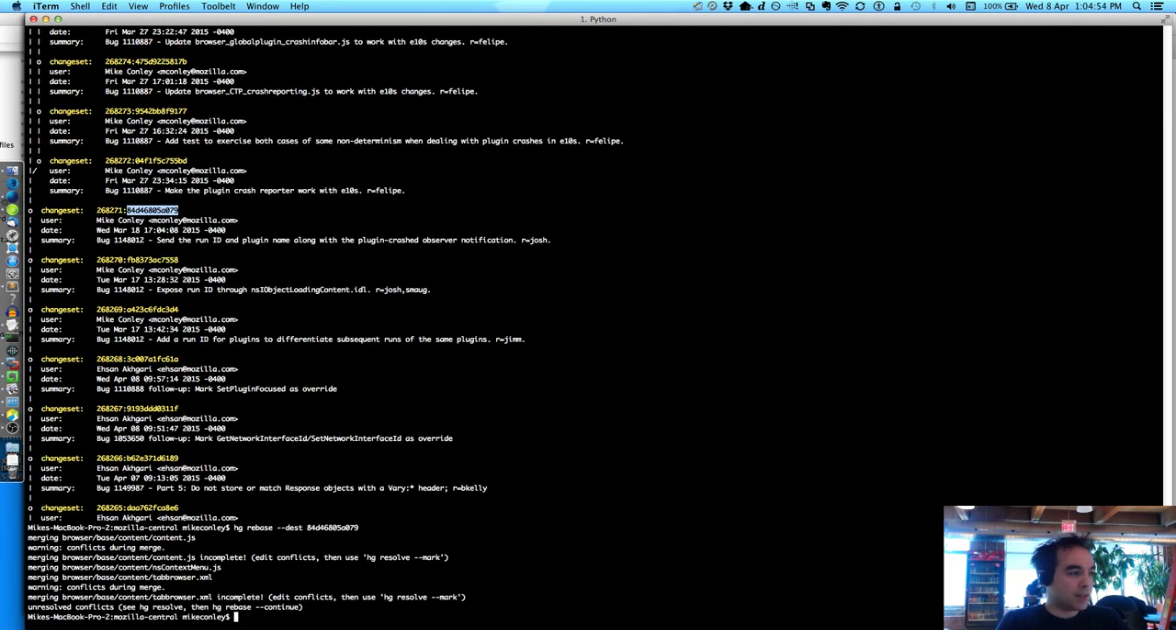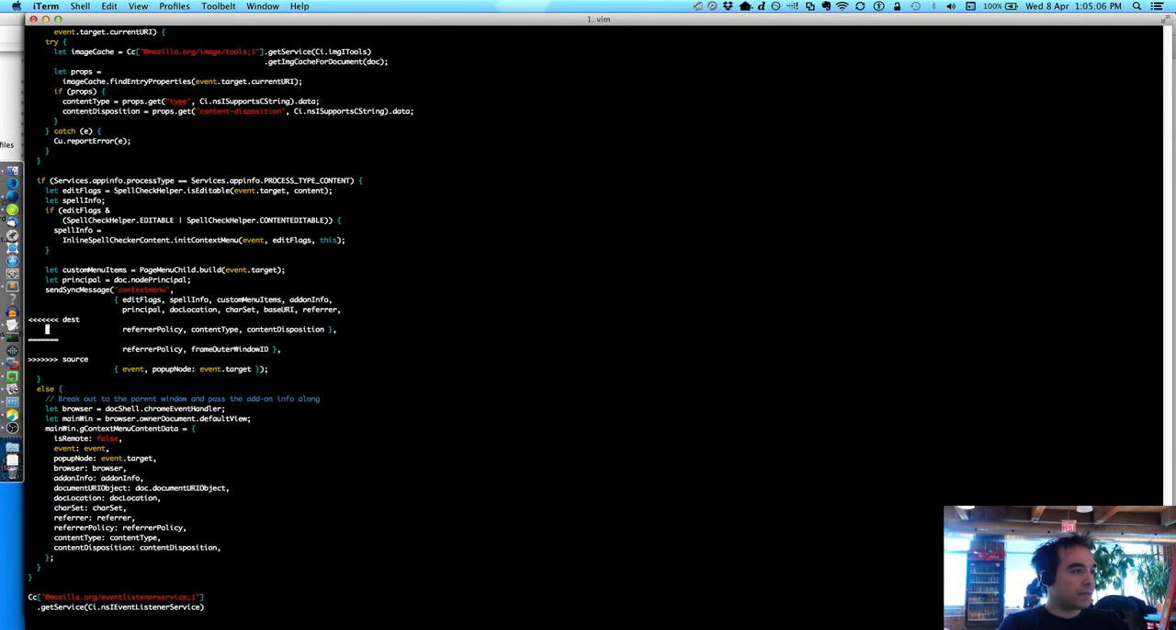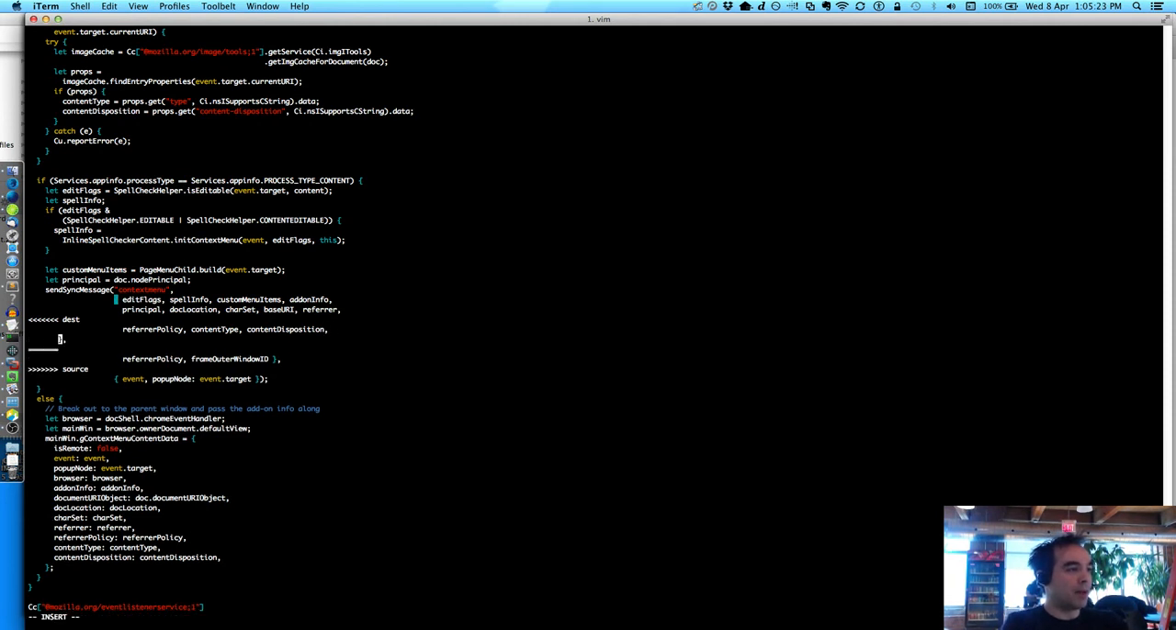So here we go, doing a rebase. Hey, we do have some conflicts, so this is kind of part of the gig. Let's figure out how to resolve these. So it looks like content type and content disposition have been added as well in the sync message up to the parent regarding the context message. So I just want to add my frame outer window ID stuff here, or window ID,